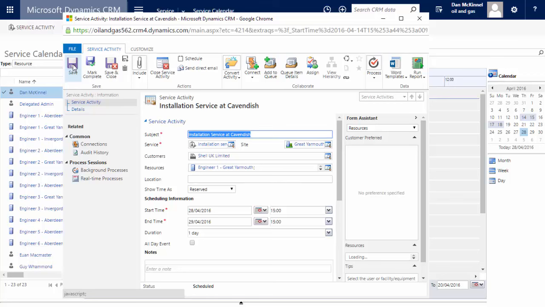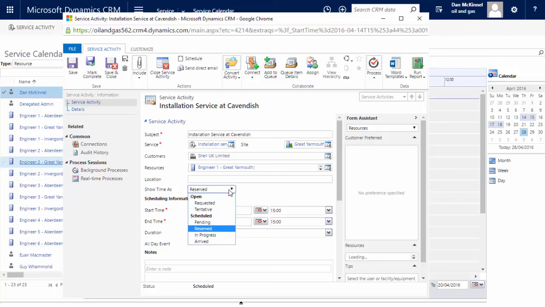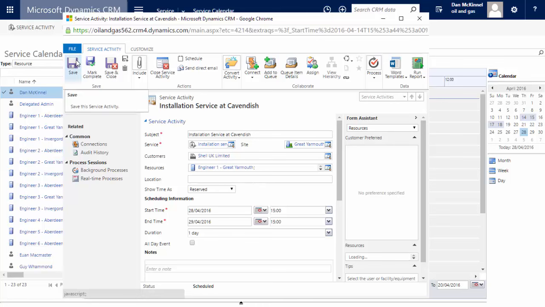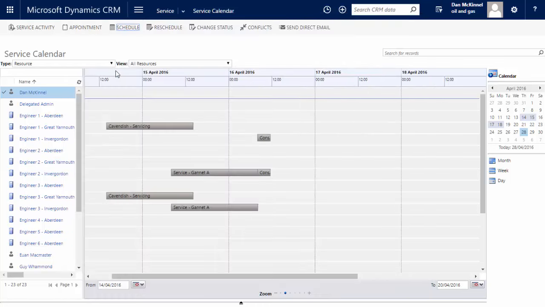And as well, before I demonstrate this on the service calendar, I'd like to introduce another piece of functionality to CRM. At the moment, the time is shown as reserved. But when the engineers arrive on site, they can use their mobile devices, their tablets, to say, for example, I've arrived, the job's in progress, it's pending, it's finished, and that can then be reported on and updated within the service calendar. So I'm going to save this. I'll save and close the record, and if I go and look at the date that we've just created that for, which was the 28th,